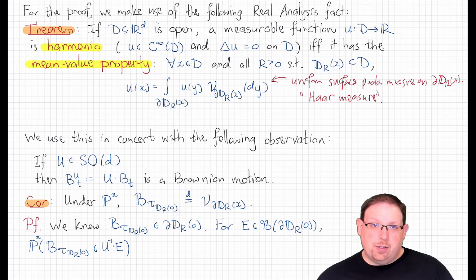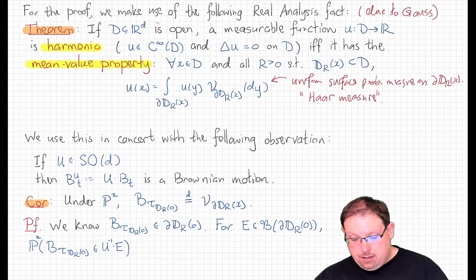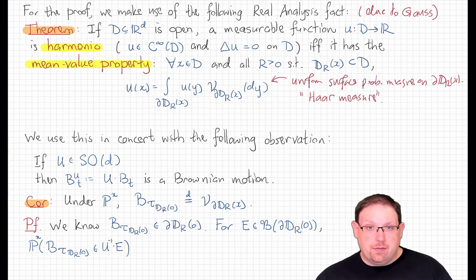I'm not going to prove this theorem, but I hope that you will look in appropriate harmonic analysis books for a proof. I should say that this result really goes back to Gauss, so it's nothing new. I also challenge you just from this formula to show at least half of this theorem, that if u has this form, then it is a harmonic function, which is a nice application of the divergence theorem from vector calculus.